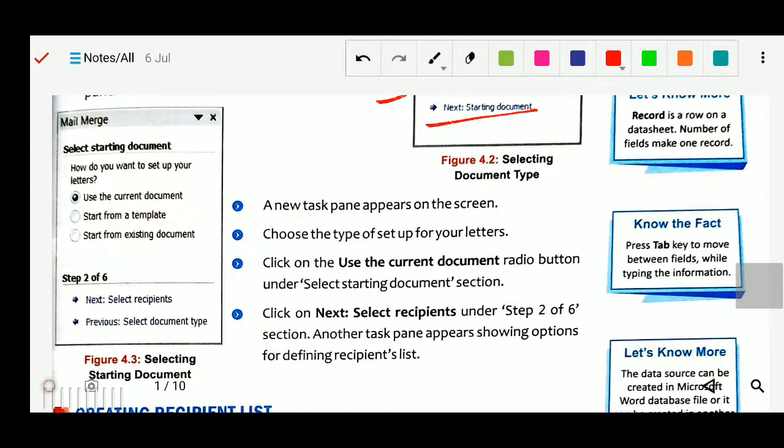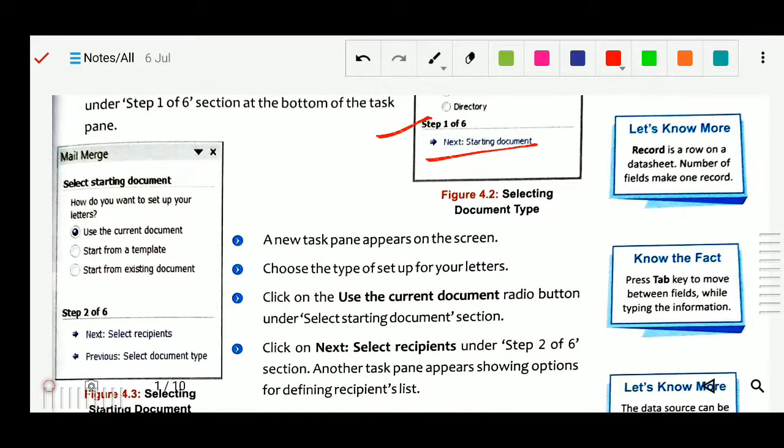When you click on the next button, you will see how do you want to set up your letters: use the current document, start from template, or start from existing document. Use the current document means you write on the page you are currently on. Start from template means one already defined on the computer.